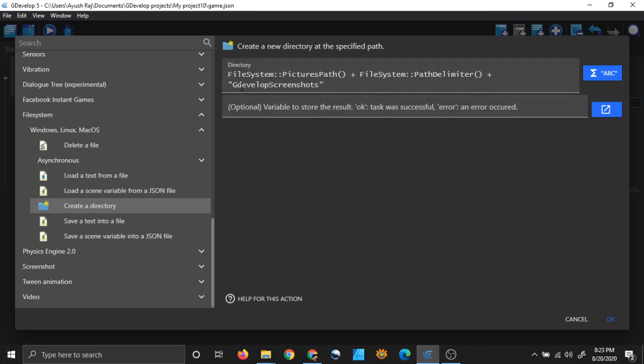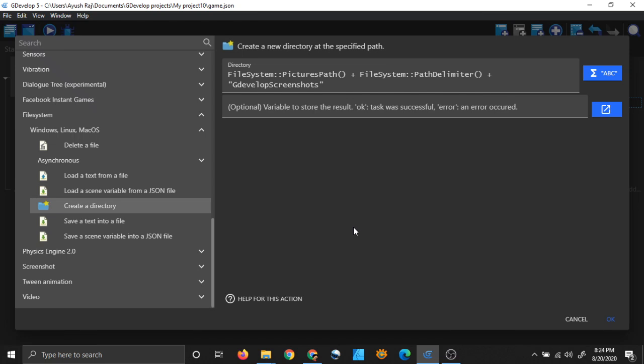What is this file system pictures path function? This is actually a function which returns the default pictures path for a system, and by a system I mean it should either be Windows or Linux or Mac OS.